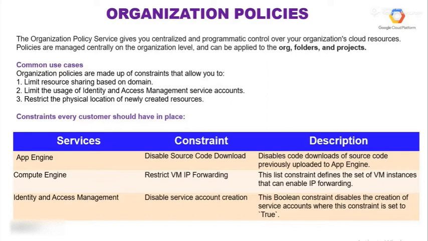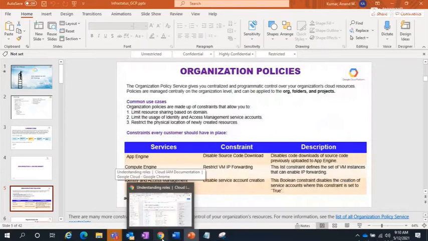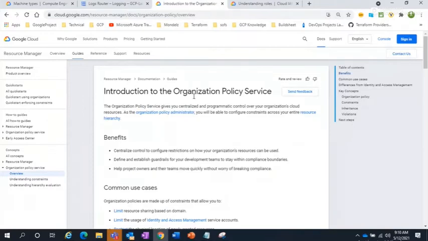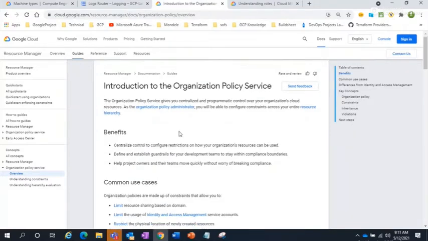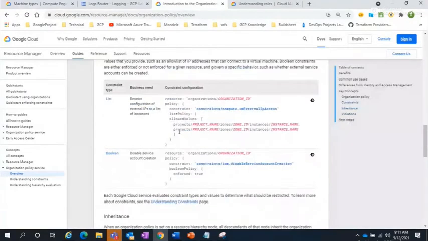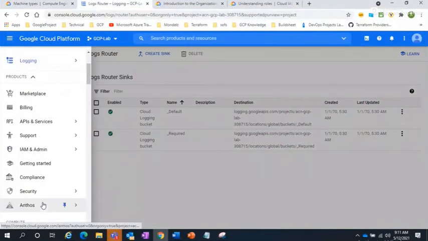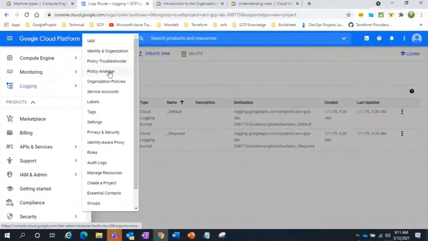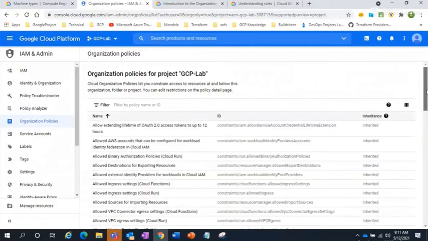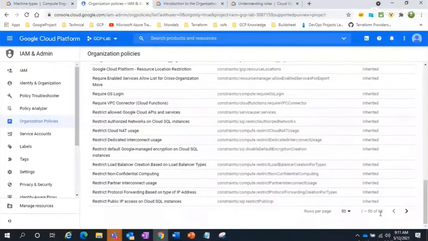Let me, okay, I have to switch from this page to this page, because I just want to show you. If you go to the Google site, just type organization policies. There are around 50 or 60 organization policies. You can go here, go to the IAM sections, and go to the organization policies. So you don't have to come up with anything new. You can see here around 62 organization policies are there,